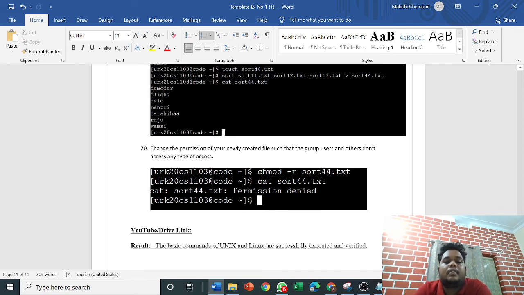So after that I've used chmod -r short44.txt, that's the file name. Then I displayed cat short44.txt. It shows permission denied. That means our file is successfully hidden.